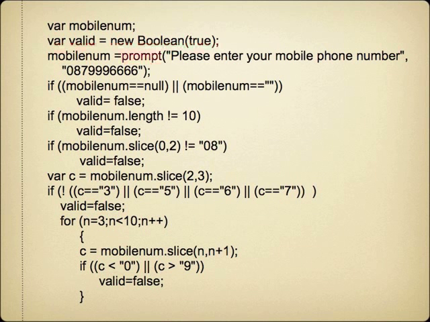So here we say mobile num is assigned prompt, and then we have please enter your mobile phone number. So that's the prompt that's going to appear in the dialog box. And there's also going to be a default number inserted. Inserting a sample number like this is usually a very good idea because it gives the user an idea of the format that you're expecting. On seeing this here, for example, the user knows that the number is expected to be in the 10-digit format with the leading 0. Without this hint, they might be tempted to also use the country code and give plus